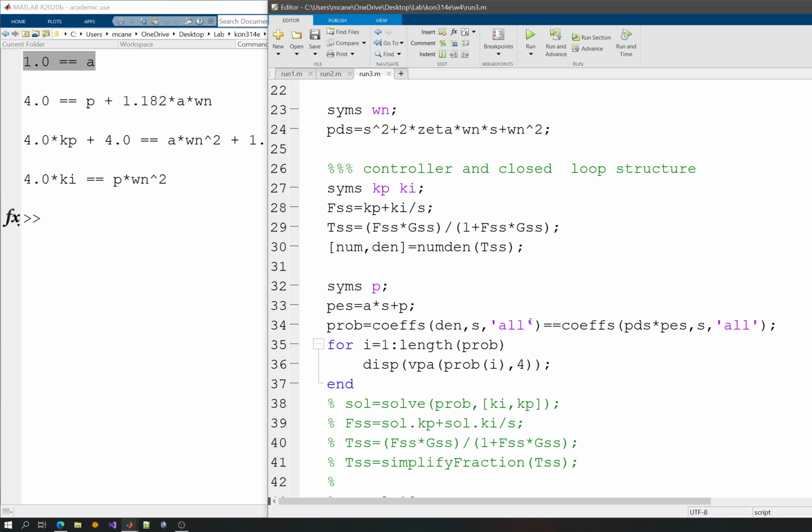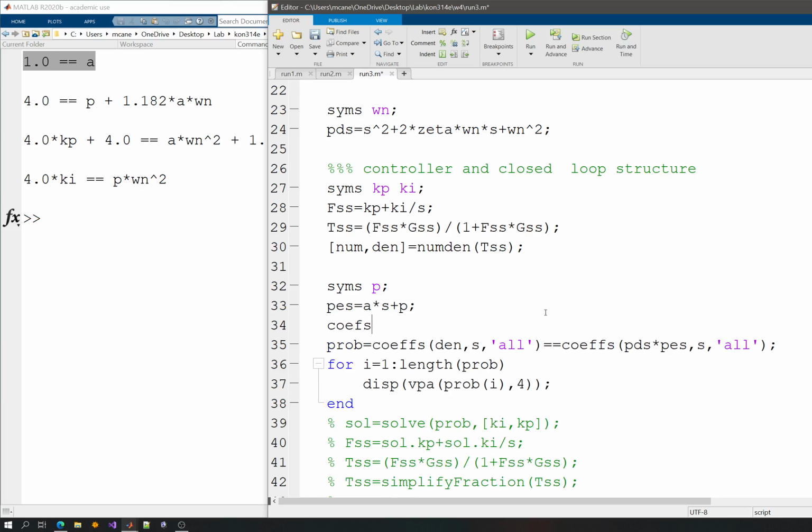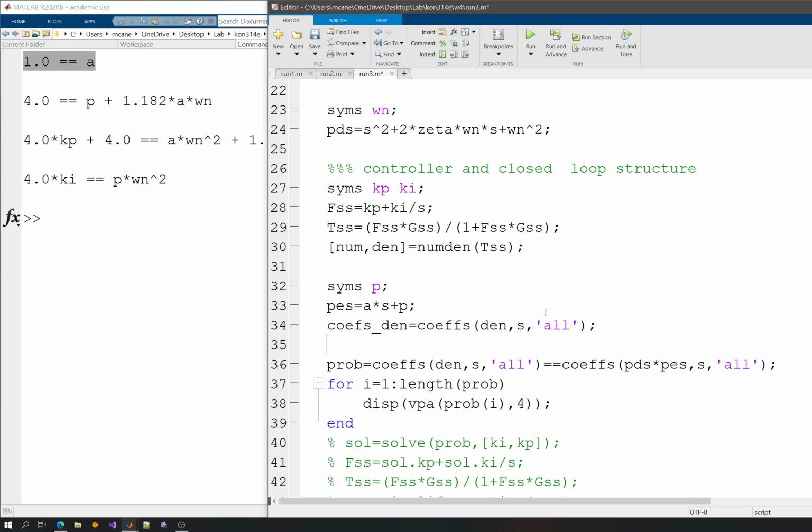Now, how can I do that? Well, I can see that this is my closed loop coefficient list. Maybe I can say coefs then something like that and equate this here, and then I can just say that coefs then is equal to coefs then divided by coefs then first term, which is the highest order term here. In this case, I will then equate this instead of this here. Let me just put it in there. So if I do this,